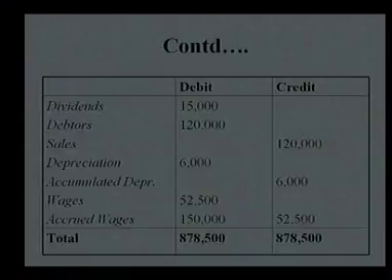Step 1, initiated the transaction. Step 2, recorded the transaction either in the cash book or ledger, journal. Step 3, we had a provision for adjustment entry. Step 4, what have we done? We have transferred all the cash book as well as journal entries into different T accounts, and in step 5